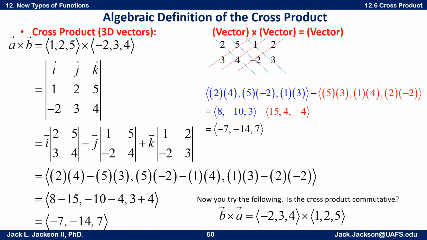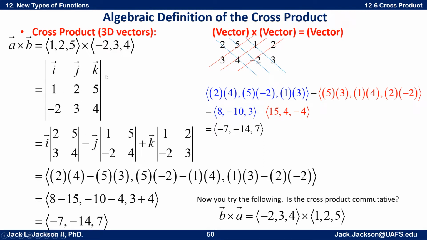Okay, now we expand by minors. For the I component, we eliminate the first row and first column, and we're left with 2, 5, 3, 4. That determinant is 2 times 4, 8, minus 5 times 3, so that's 8 minus 15, which is negative 7. For the J component,